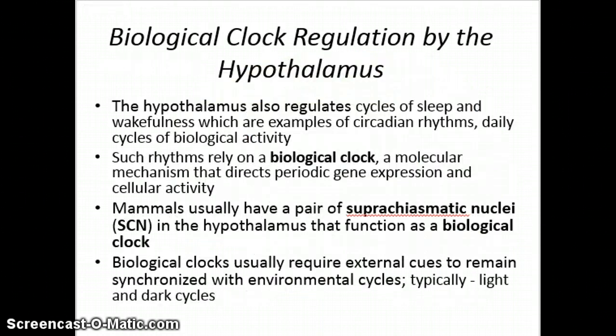So one thing about the hypothalamus that's a very important function is how it controls the biological clock in our bodies. So the biological clock is a molecular mechanism that directs periodic gene expression and cellular activity. It is involved in what we would call our circadian rhythms, which are the daily cycles of biological activity, things like our cycles of sleep and wakefulness. And in order to do this, they need a center, an actual mechanism that's going to be able to do that. And so in mammals, there are a pair of what are called suprachiasmatic nuclei in the hypothalamus that actually function as that clock. And they do this by relying on external